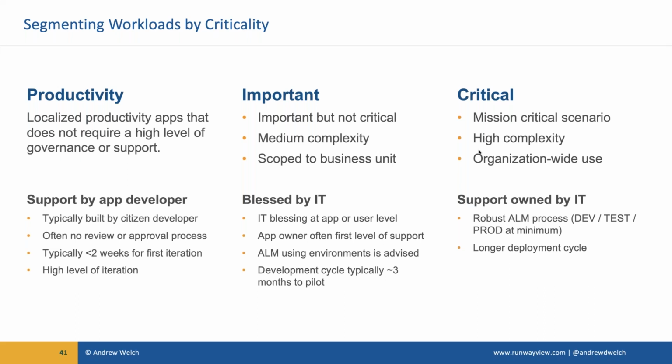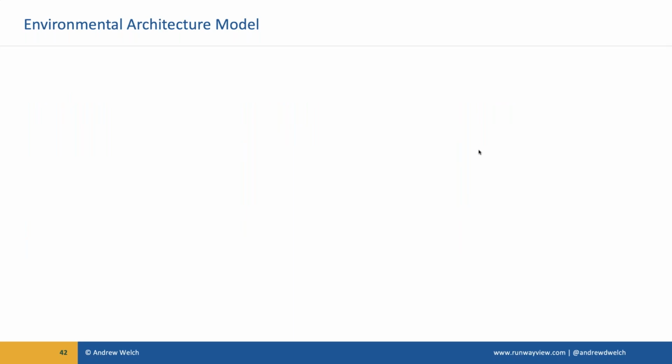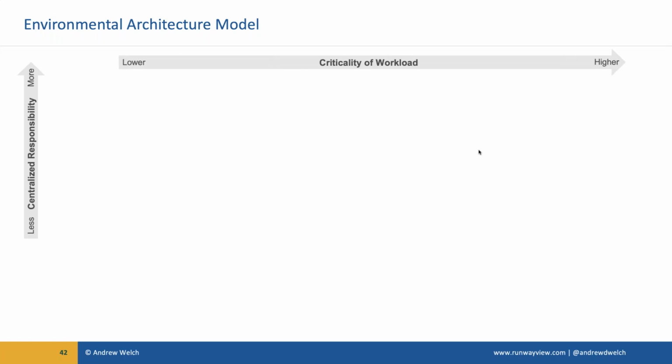And what we're able to do, because we've set up this criticality spectrum for our workloads, is design and architect our environments inside the tenant around this. And we've actually updated this to account for Project Oakdale and quote unquote DataFlex for teams. So on one spectrum, think that you've got centralized responsibility. So at the bottom, it's less centralized, and at the top, it's more centralized. And then you've got that criticality of workload, that spectrum that I just shared with you.